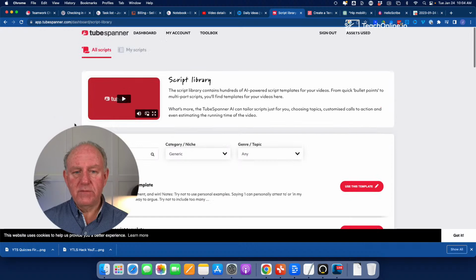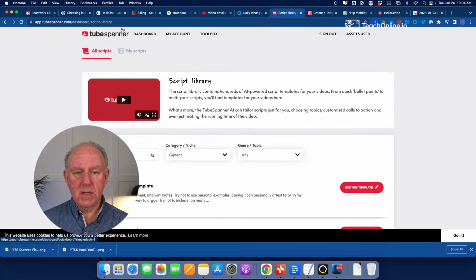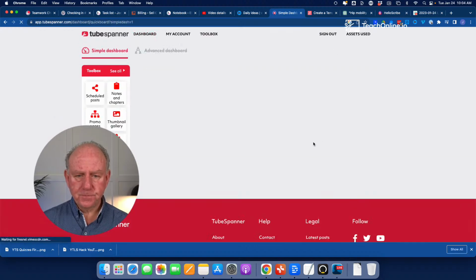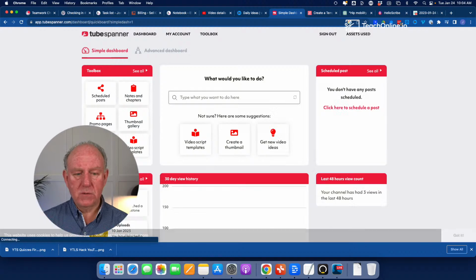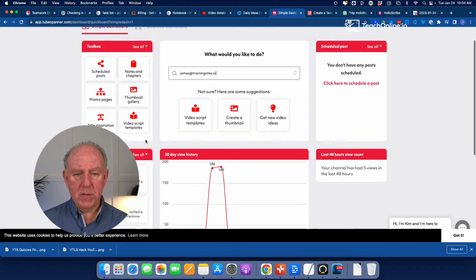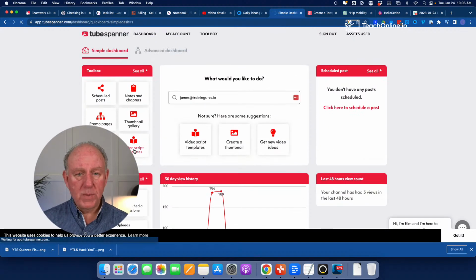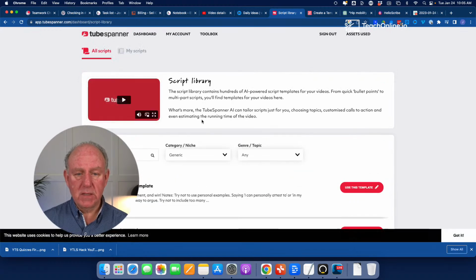So just to give you an example, here's one. Let's go to the dashboard, for example. I'll open this up, and again, it's making it very specific for us if we want to do video script templates. Let's open that one up. It's got a whole bunch of templates that are available to us, and this one is hundreds of AI-powered script templates. So it has a whole bunch of templates or lesson templates for us, or